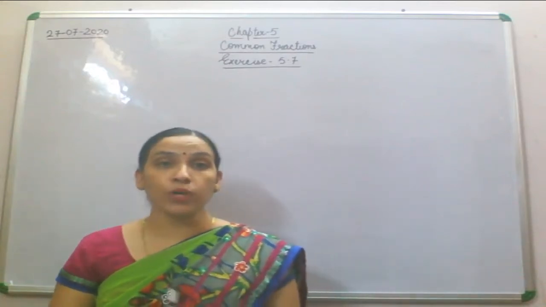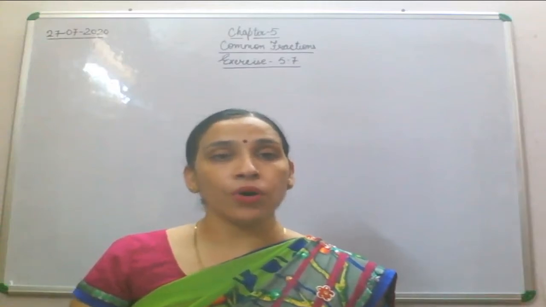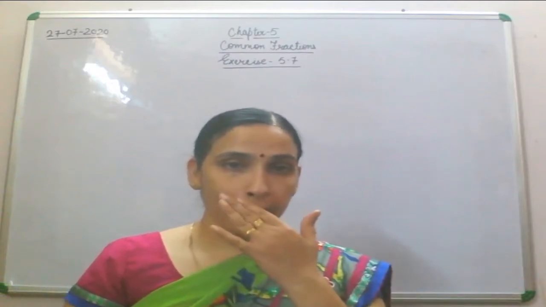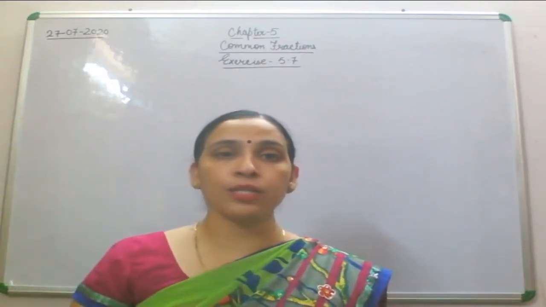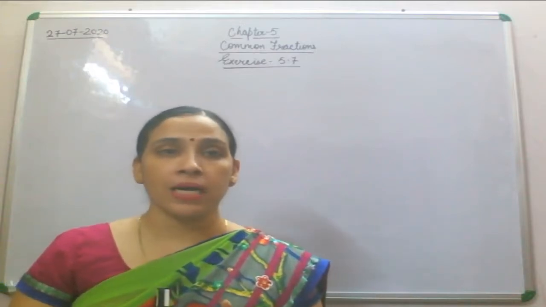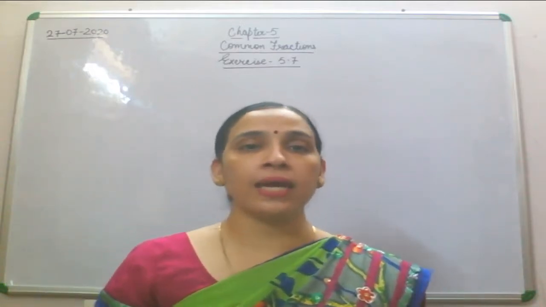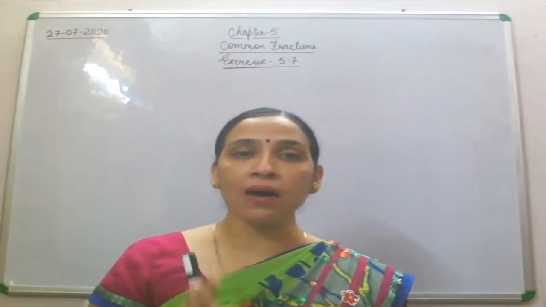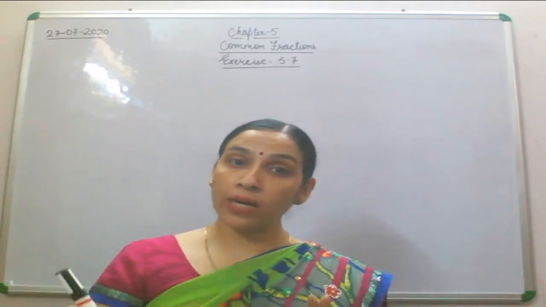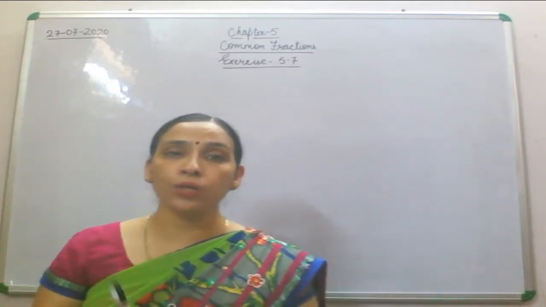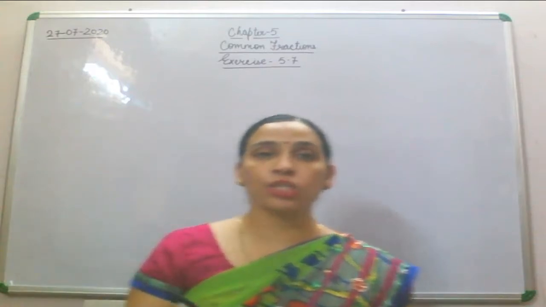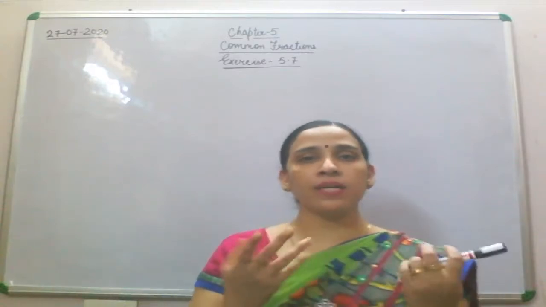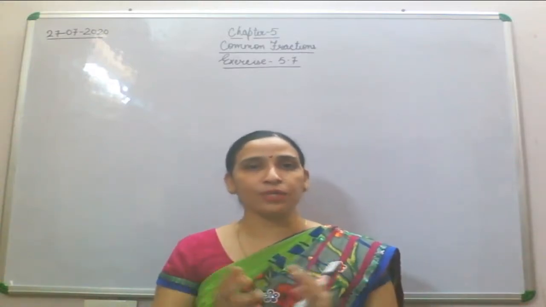So let us revise what example we took yesterday. For example, if a person orders a pizza, and that large pizza has 8 equal parts, and a child says that I won't be able to eat one whole piece, so I am going to eat half of that 1/8 part. So how will you find out what fraction of the pizza was eaten by him? So children, let's find it out. That kind of a question only.